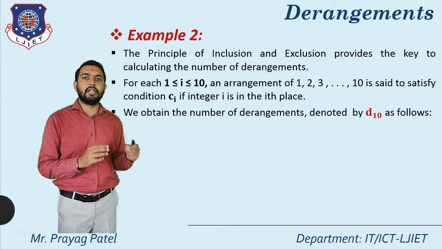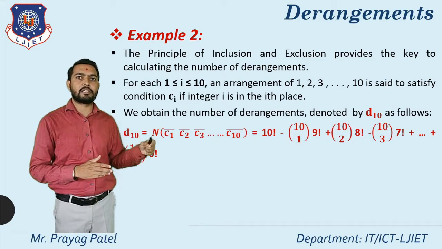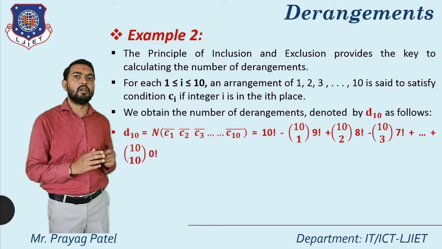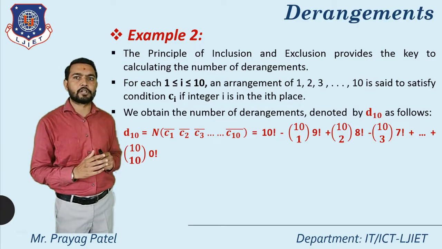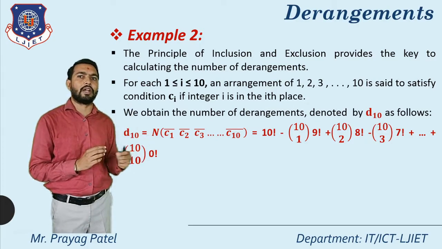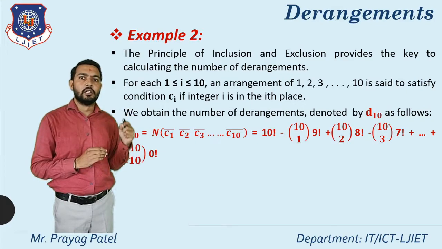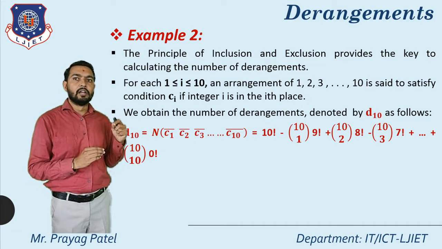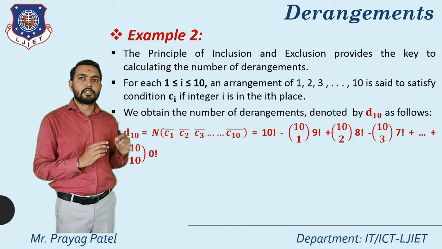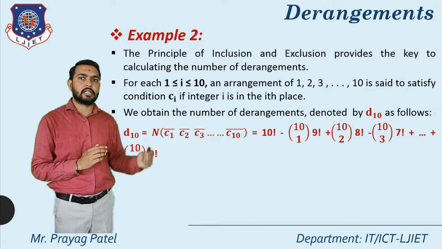Now we have to find D10. How many ways can we arrange these values? D10 means C1 is not available at the first position, C2 is not available at the second position, C3 is not available at the third position. So according to this we can write D10 equals n, C1 dash, C2 dash, C3 dash, up to